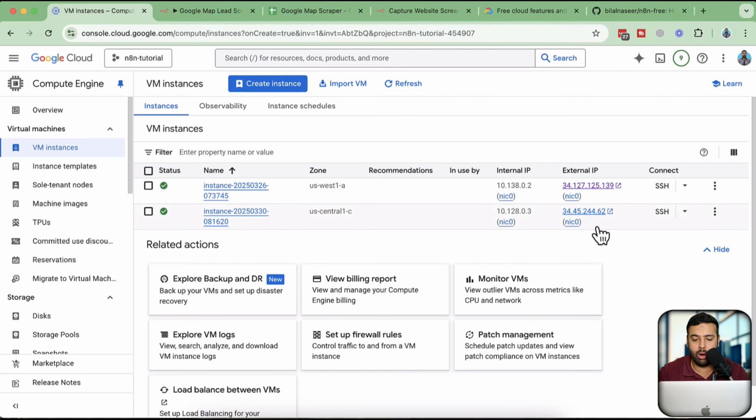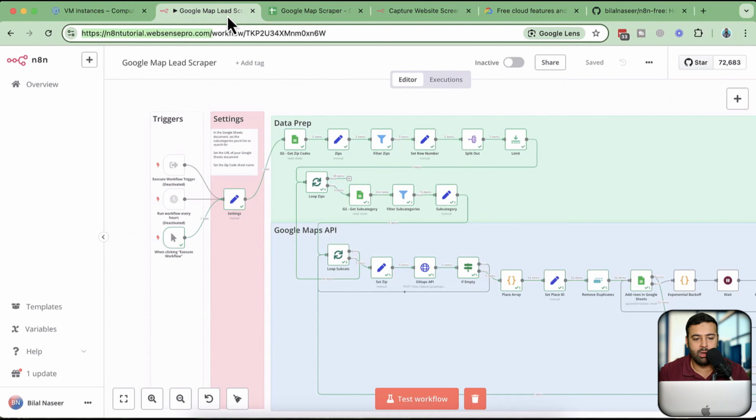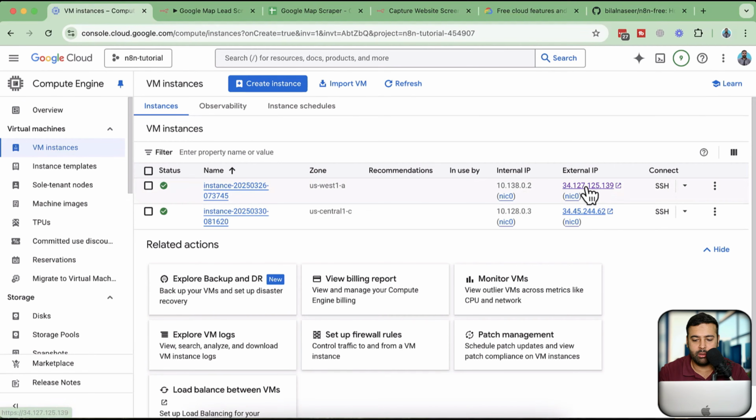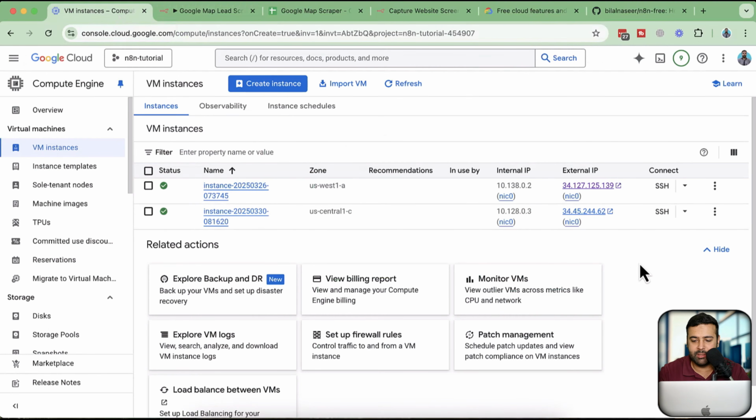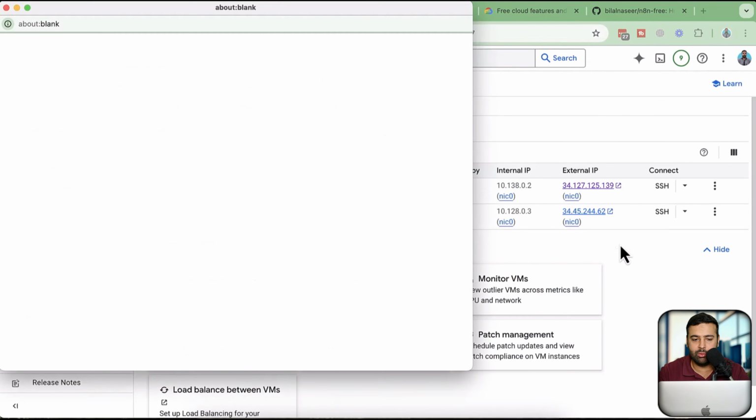Okay guys, our new instance has been created, and this is an external IP address which we will need to point to our domain name. Just I have it done here. So it's basically an external IP address, this one, which is connected to n8ntutorial.websenspro.com, which is my domain name. So you will just need to add an A record to your DNS settings. I'm going to go to that step later, but let's first click on SSH and execute all of the commands